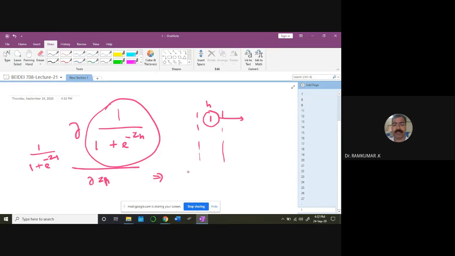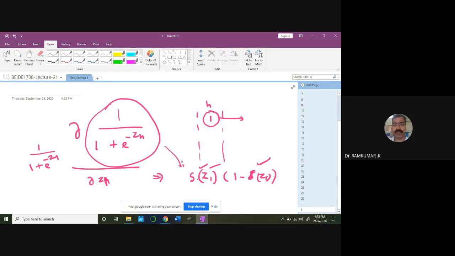I get the same function, S of Z1 into 1 minus S of Z. The same function will be good. Simply plug in the value of S of Z equal to that particular value, and you get a number here. 1 minus S of Z is a number. So that's the first derivative.